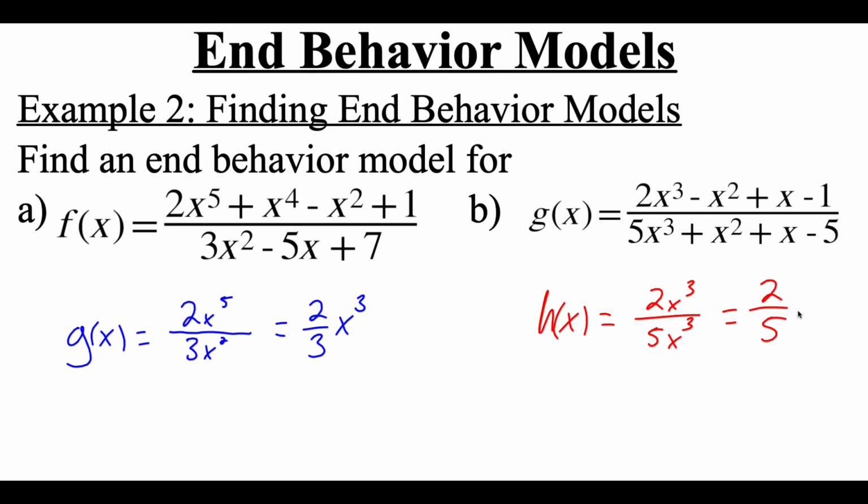And the reason why there is not a variable left on here is that this graph actually has a horizontal asymptote at 2/5. So as we look far out on the right-hand side and far out on the left-hand side, it flattens out around that 2/5 value, which is why 2/5 is a good end behavior model. The function in part A does not have any horizontal asymptotes, which is why its end behavior model was a polynomial function instead of just a flat horizontal line through a